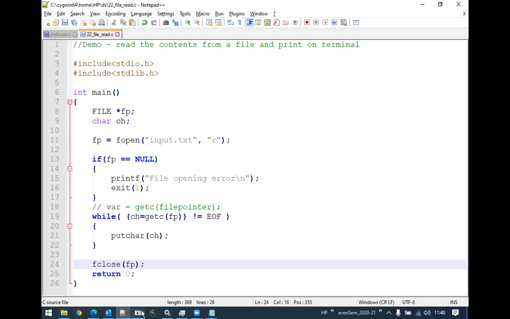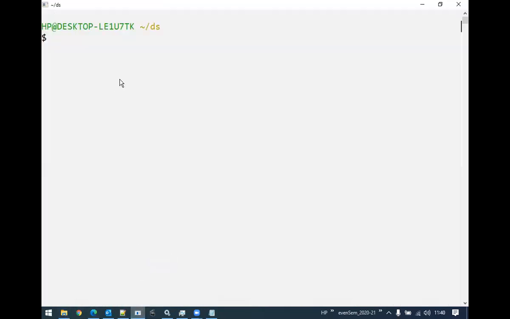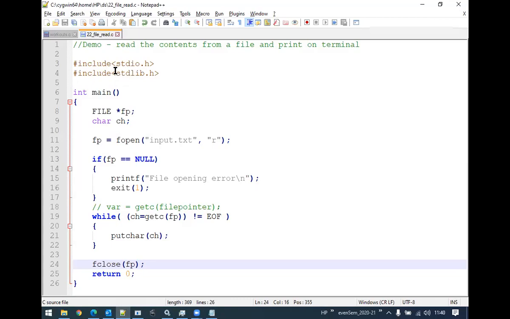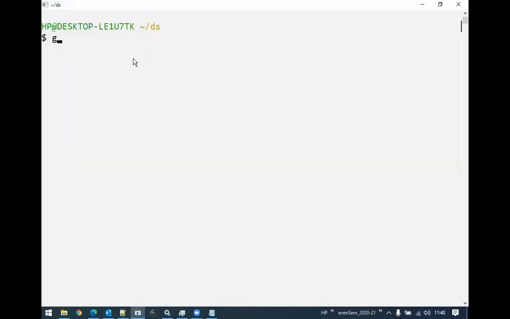Okay, now let me move on to the terminal here. Let us compile the program. File number is 22 here, gcc 22. Let it compile. If there are any errors, it will throw the errors. No warnings, no errors.